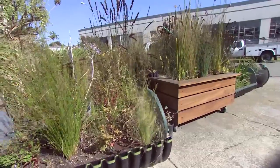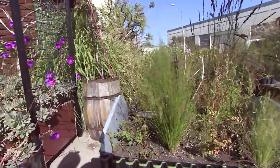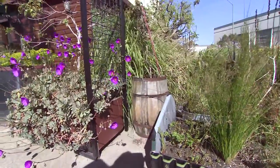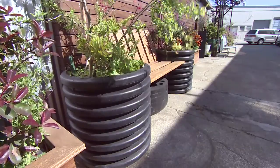When I go to resource centers, like building resources, Urban Ore, I see things there and I say, hey, wow, that's cool. That'll make a nice planter box. And we'll use it as a planter box. I got sewer tubes, cut them in half, flip them over, threw some dirt in it, and there's a planter